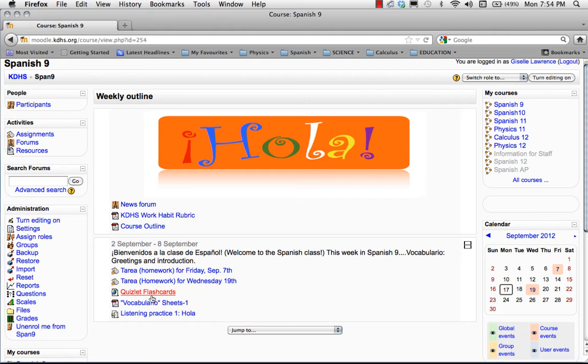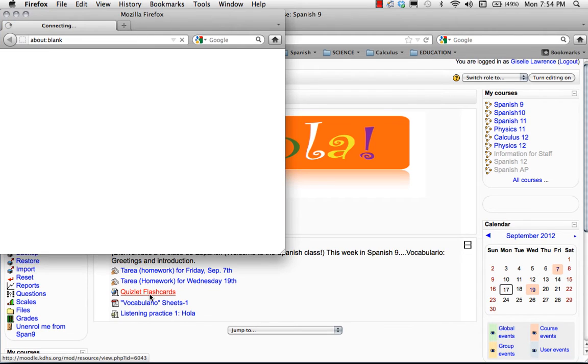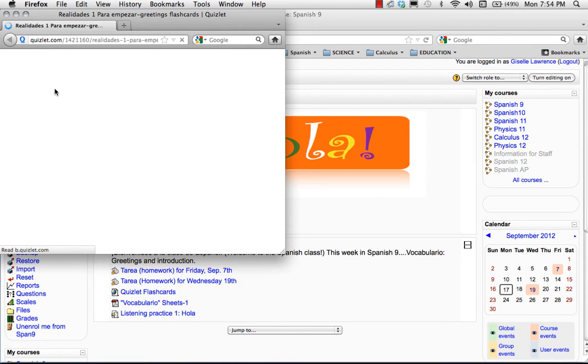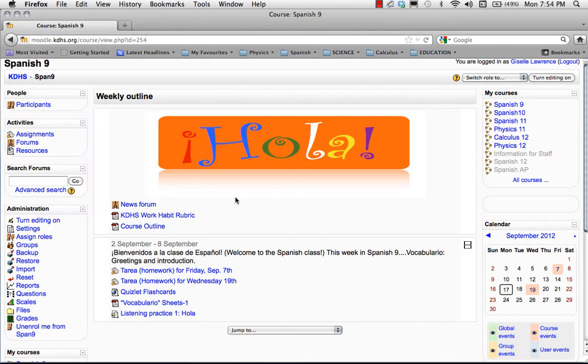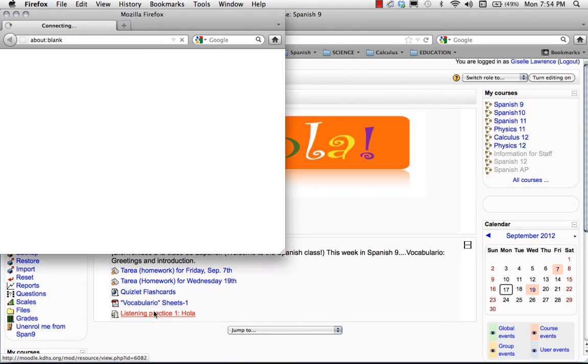Add different resources. It could be website links, it could be files, PDF files with worksheets, it could be a